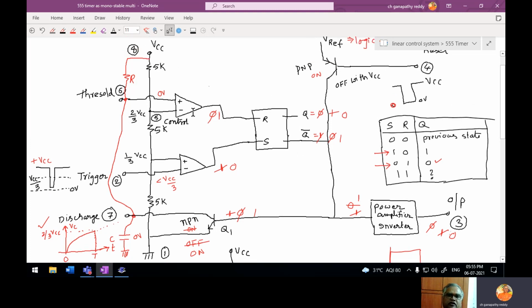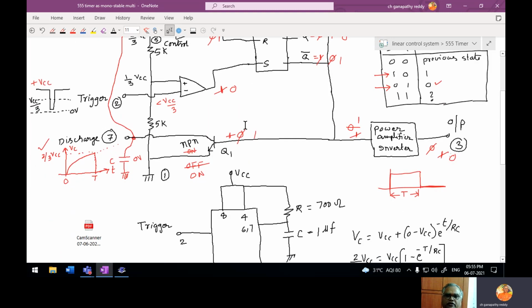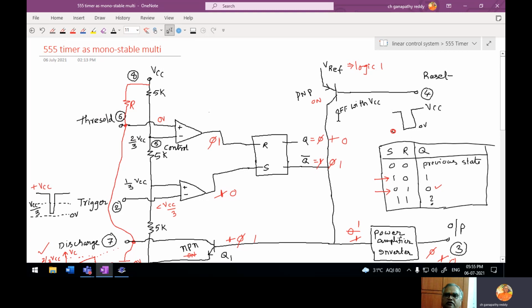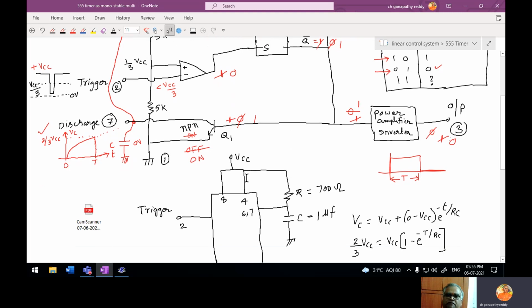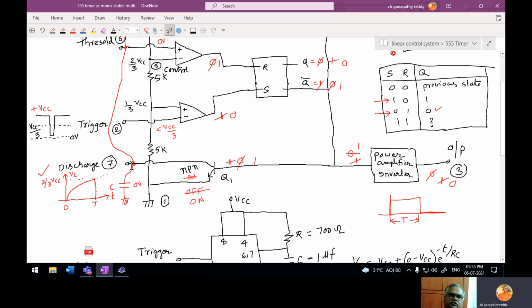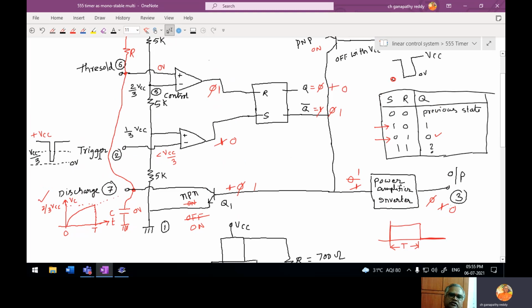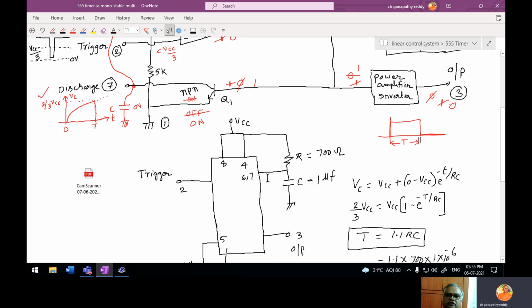So this is the operation of the flip-flop, the operation of the 555 timer. In the same way here, pins 4 and 8 are connected to VCC; 4 is the reset button. When I press the reset button, this will come to 0, otherwise VCC. So 4 and 8 are connected to VCC. Then 6 and 7 are shorted. This is the 7th point, this is the 6th. So 6 and 7 are shorted.